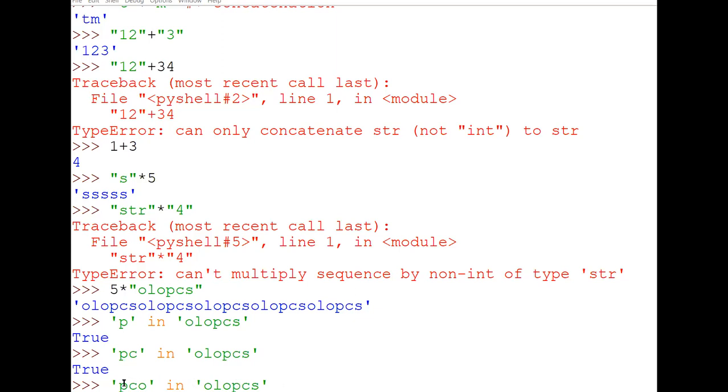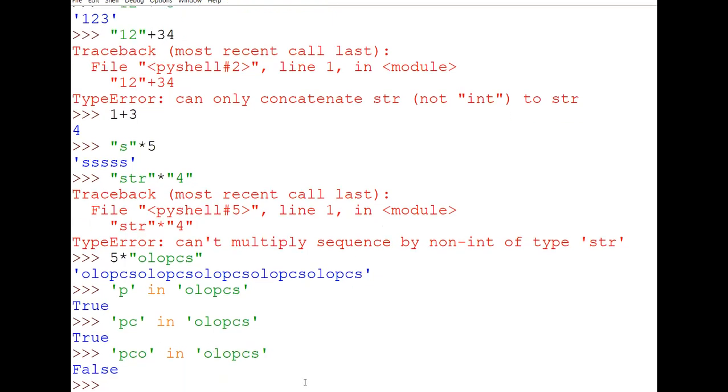Actually, it is checking as a sequence. This complete sequence must be there. It is not like you get the characters randomly and it will give you a true answer. No, it is checking in a sequence. It means this complete sequence must be available in the string. Fine. Then only it is going to give true.